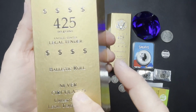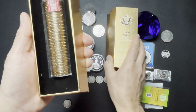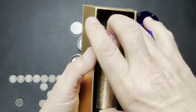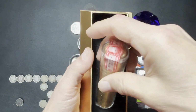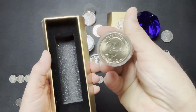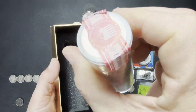Ballistic roll, never circulated, United States legal tender coins. So yeah, that's your ballistic roll there. And what these are is 50 of your presidential dollars. And these are George Washington's from 2007, and these are 2007 P's,